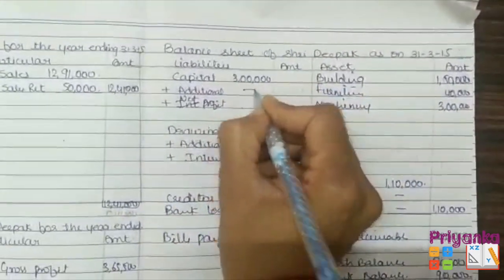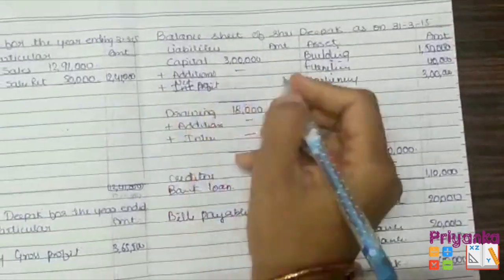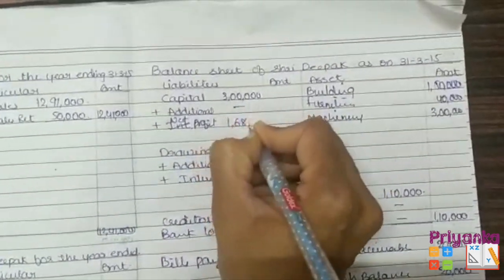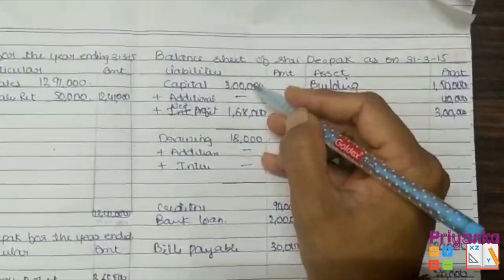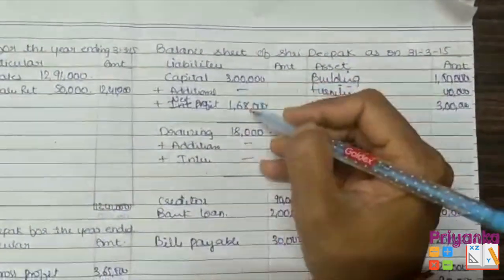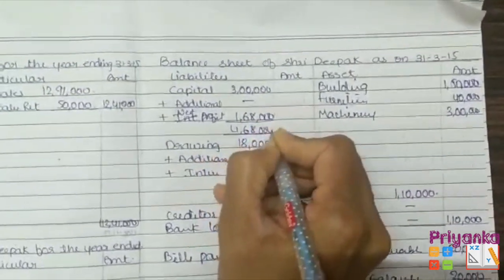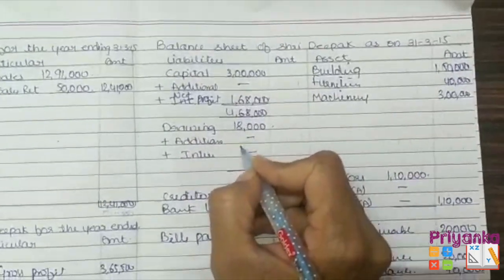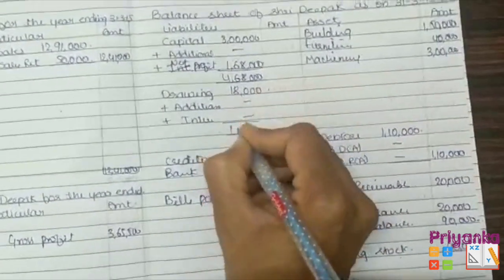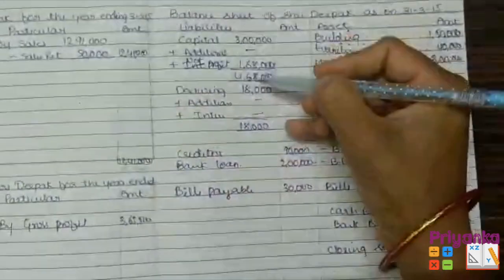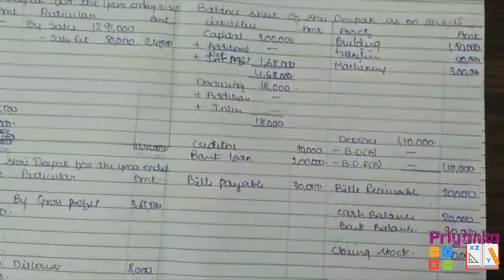As we don't have any additional capital or interest on capital, we didn't calculate it over here. So here I am writing net profit with the amount 1,68,000. Now I'll show you the calculation. First we have to add capital, that is 3 lakh plus net profit. Here we'll find 4,68,000. As we didn't have any adjustment related to addition of drawing or interest, the drawing total is 18,000. Now 4,68,000 minus 18,000, you will get the amount